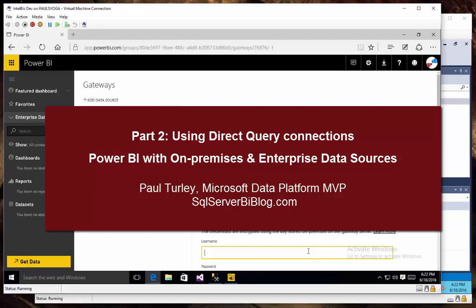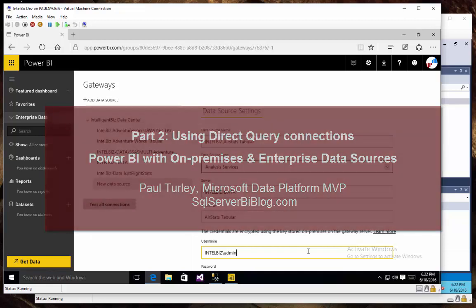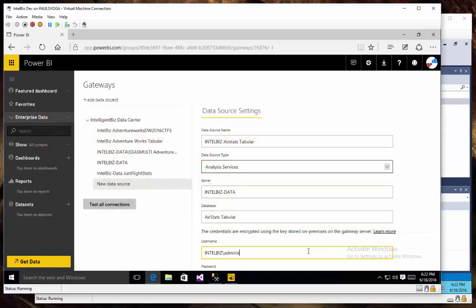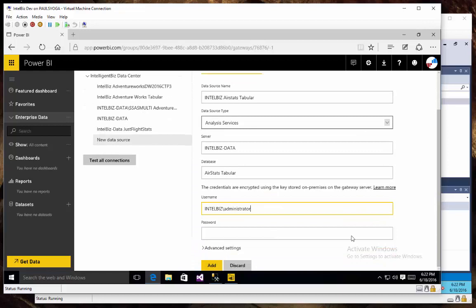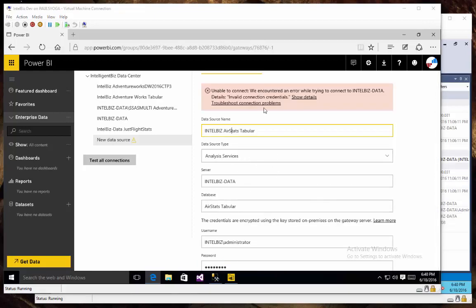And I'll go ahead and enter a username for that. I'm going to use my administrator user. Normally I'd want to actually create a user that has minimal rights to read this data source, but I'll just do this for demonstration purposes. Okay, and as is typical, my first attempt to add this data source failed,